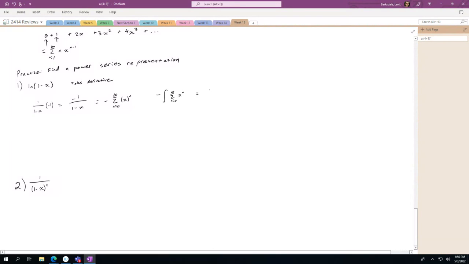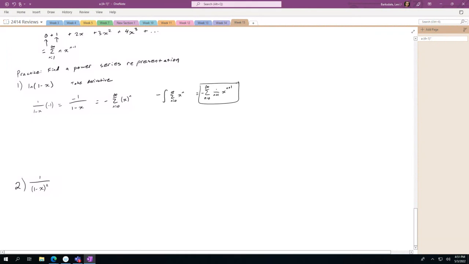Well, then that would become the integral instead, the sum now of 1 over n plus 1 of x to the n plus 1. And here we're going to be summing this time from 0 to infinity still. And that would be our answer, because we took the derivative, converted it into a power series, and then undid